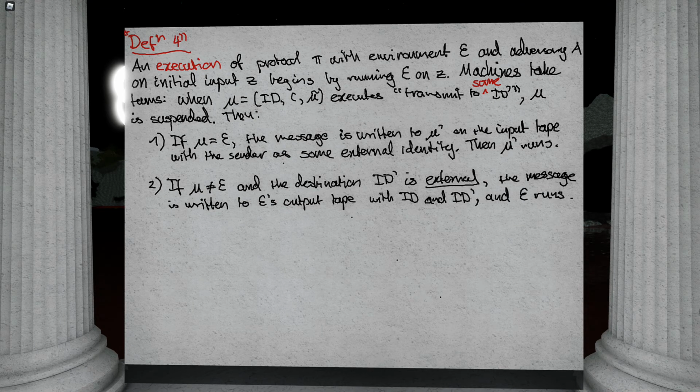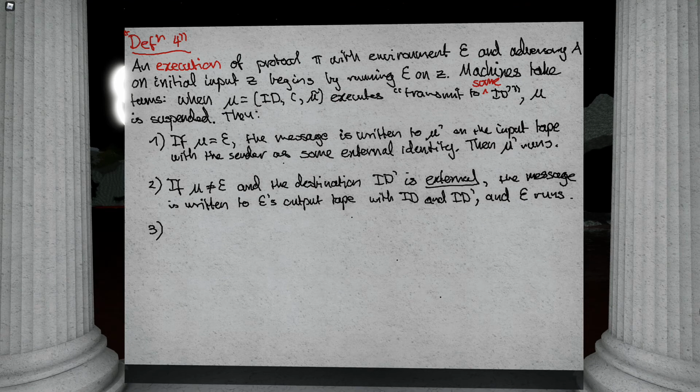So the first case is the environment giving input to the protocol. The second case is the protocol giving output to the environment, or possibly the adversary, right? Also giving output to the environment because it's just a not equals. Now the third case is some internal communication, right? In this case, a machine in the protocol is sending a message to another machine in the protocol.